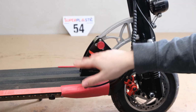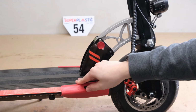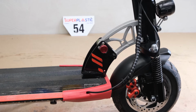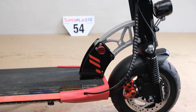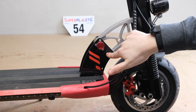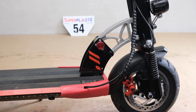However, if you make a big heavy scooter for big heavy riders going really fast, you expect this thing to be solid. You expect it to be stiff enough to not be super sketchy. So if I now grab a handful of front brake, see this? Do you see how much play there is in this hinge system? I've done up all these bolts, and there are a lot of bolts. I've done up every single one of them. And this is how much flex there is